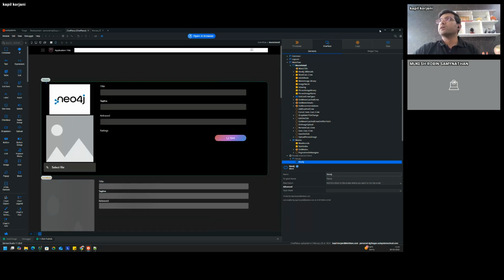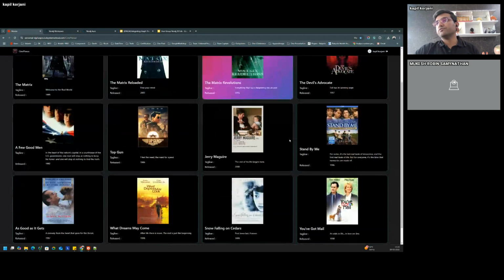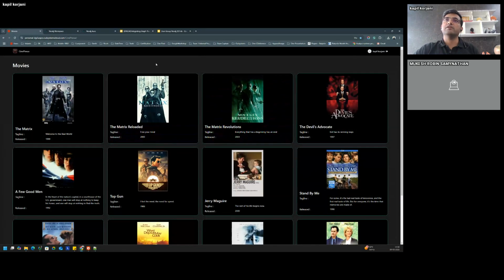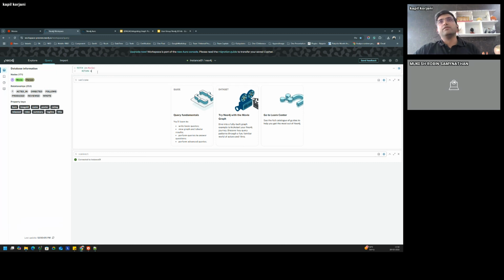Moving back to our application. Over here we are loading a list of movies. So how would we create a cipher over here? Let's go back to the console. Our read query in Neo4j starts with the keyword match, and then we will define the